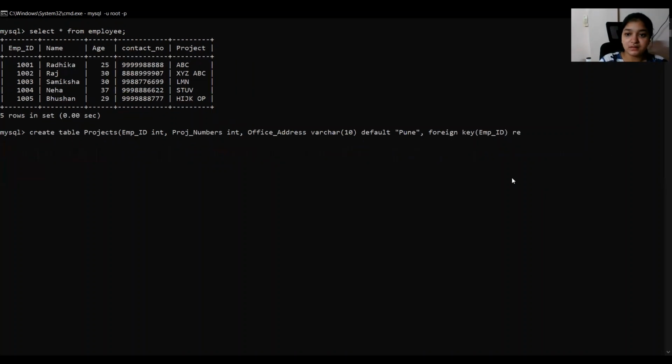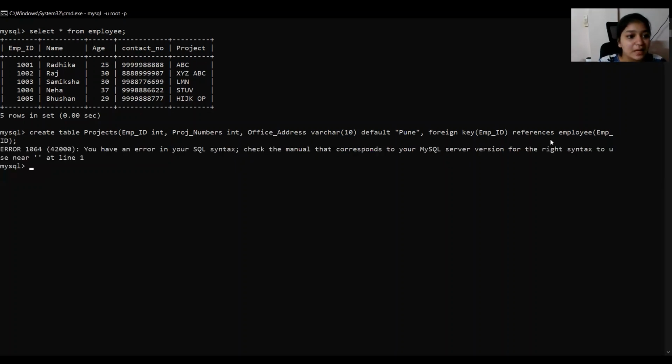Let's say it references, and then we have to write the table name which it references, and then again in bracket we need to specify the ID.